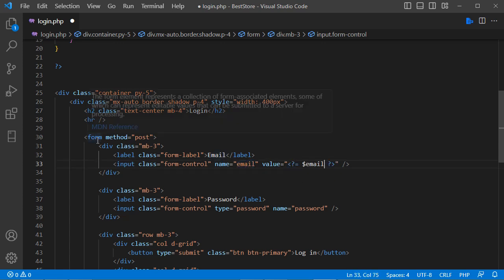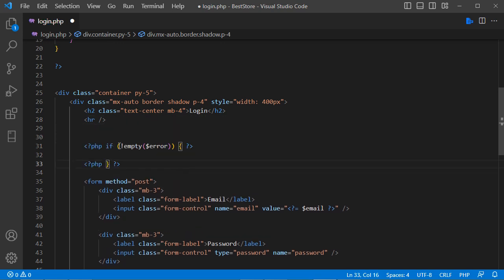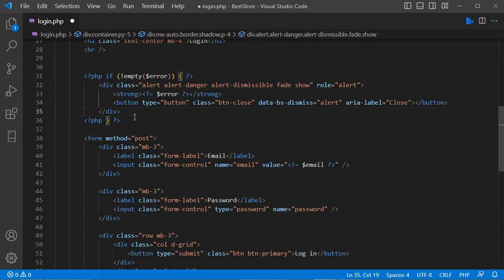Then above the form we can display the error message. Then inside the if condition we will display a bootstrap alert. So here we have this bootstrap alert of type danger that contains the error message. Let's save the file